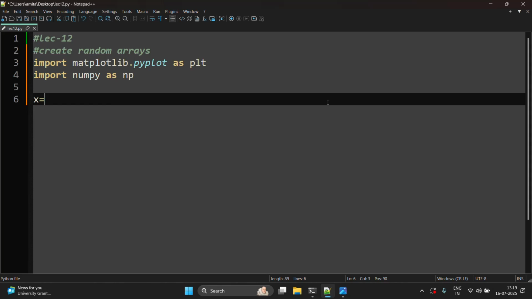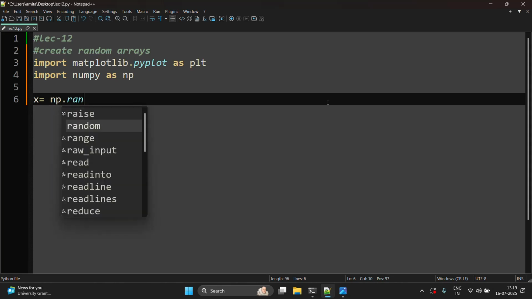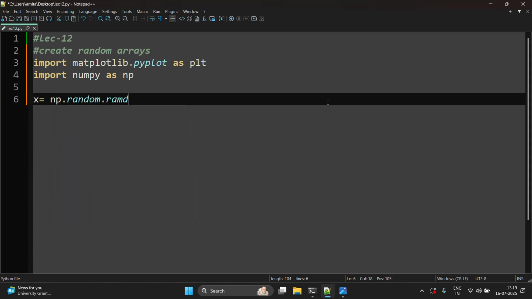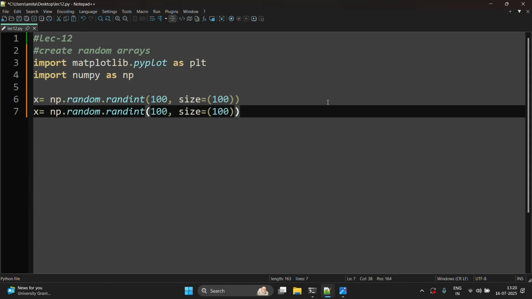Now let's start. x = np.random.randint(100, size=100), and we will copy this, then y is equal to this,